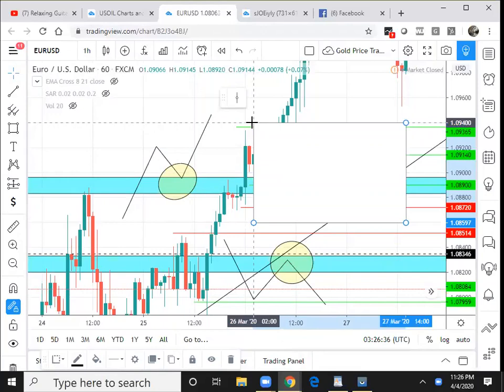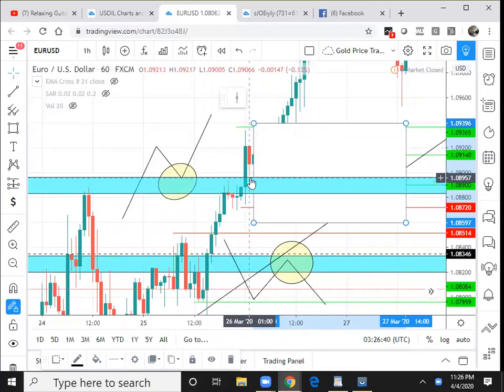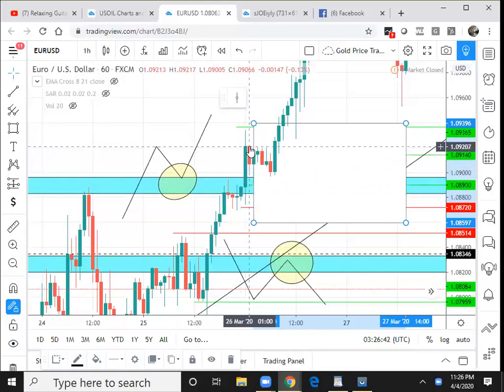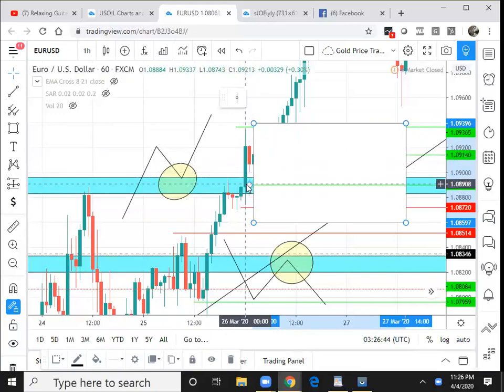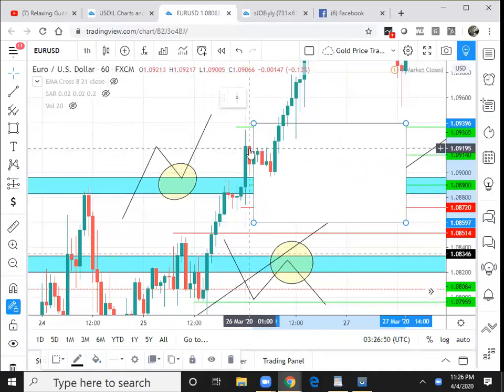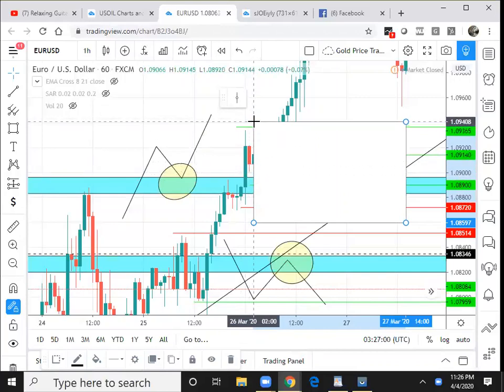So the first candle was a bearish candle. It did not touch the zone. It formed a bit of a wick at the bottom, and at the top, where it opened, there was not much wick formed. So you could see that this was a pullback that attempted to go lower down. It didn't, right? Then the next hour,